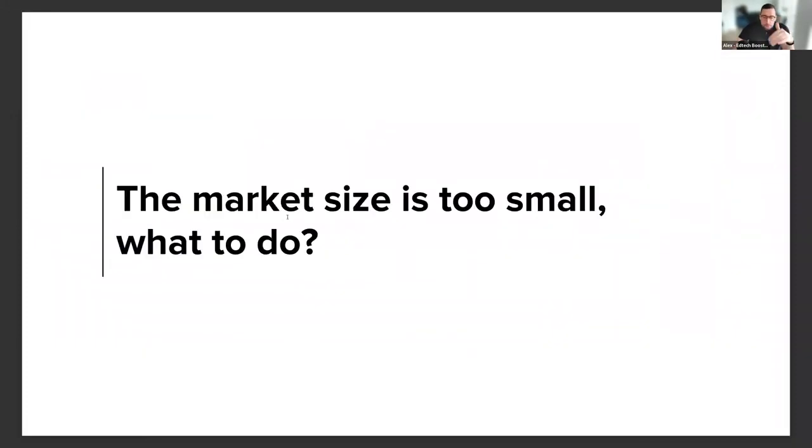Okay, you figure it out and you understood that the market size is too small. What to do? I face it a lot. I think about 10 or 20% of founders which we speak with have a really little market size. It can be just about the product, the product is super niche, or it can be about the geography. But this is why we are focusing on the US geography only.